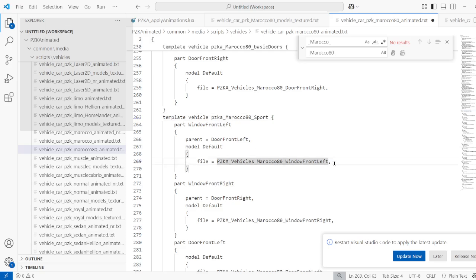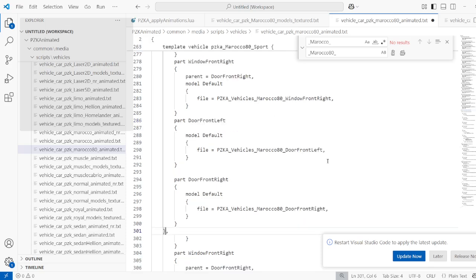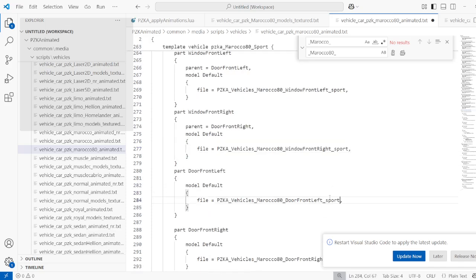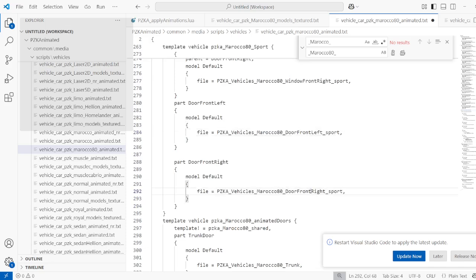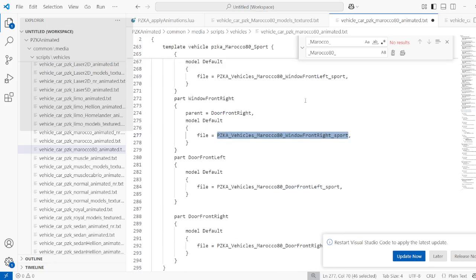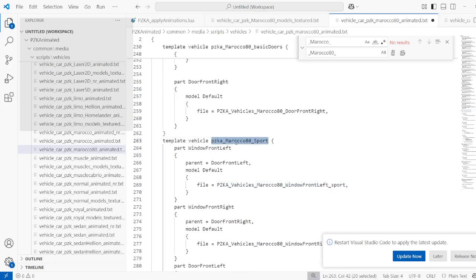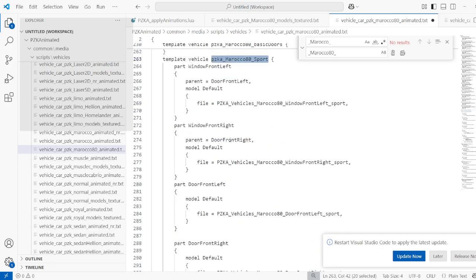So all of those, they use sport subsets here. That exists, that exists, that exists, that exists. Okay. Now that